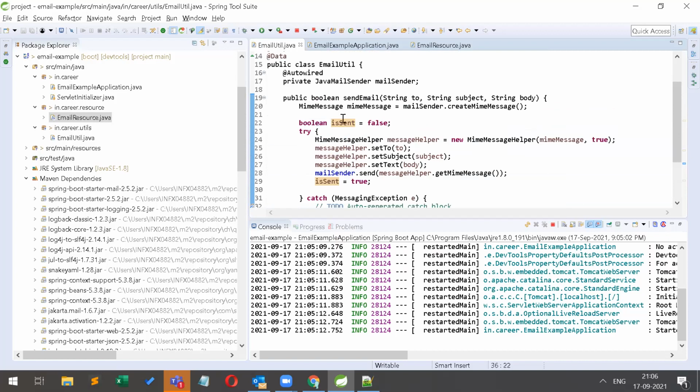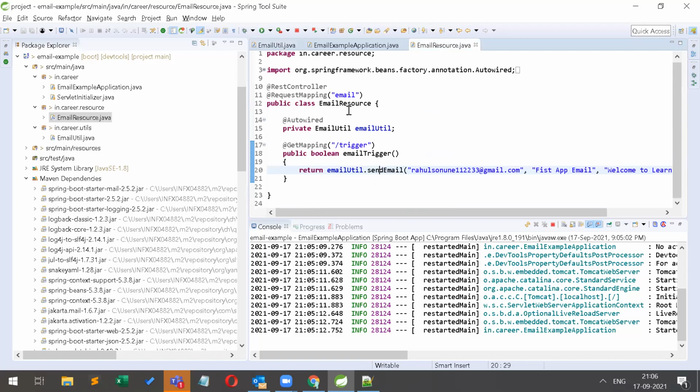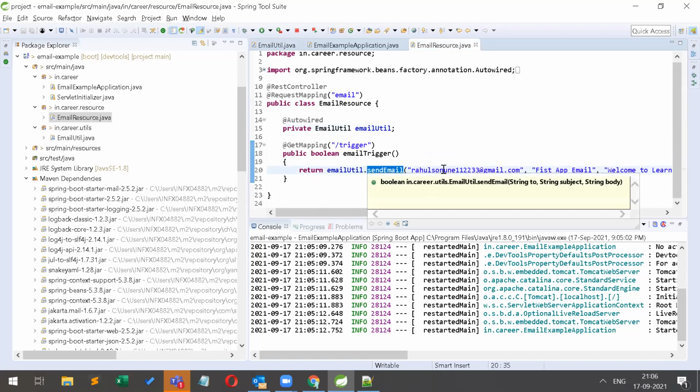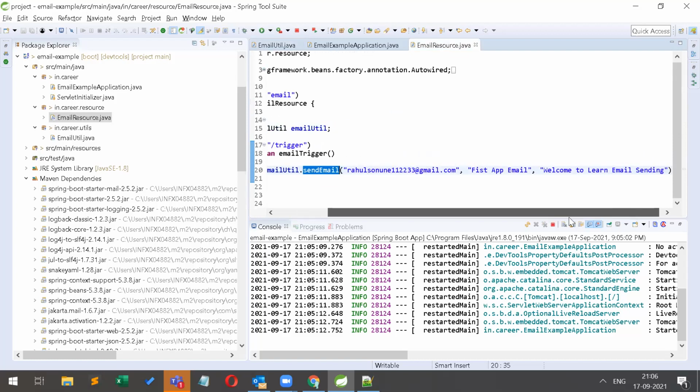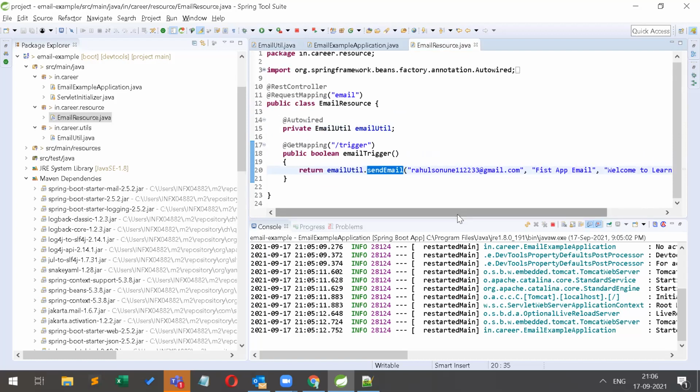And this email util I am calling in the email resource. I have created the object of email util and am calling that particular method. It requires two, subject and body. This is very simple and pretty straightforward to implement.